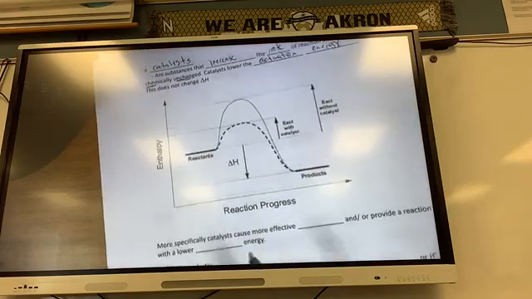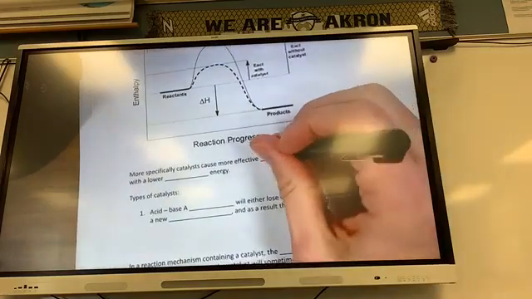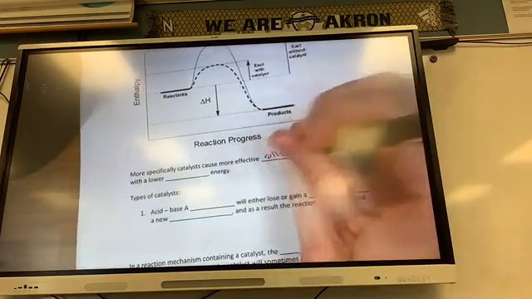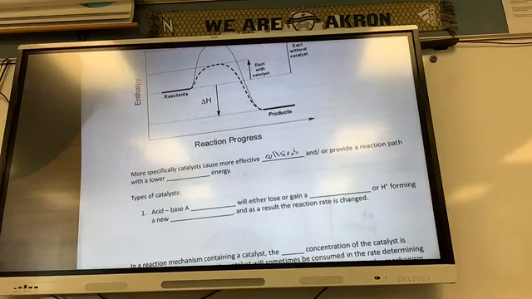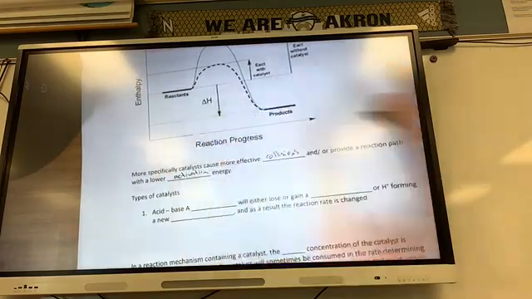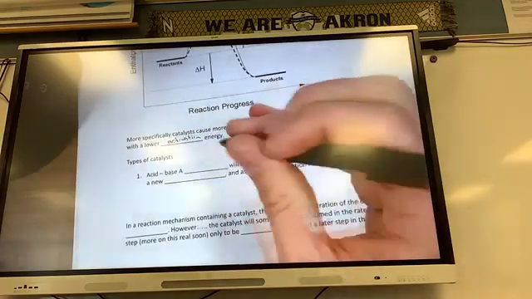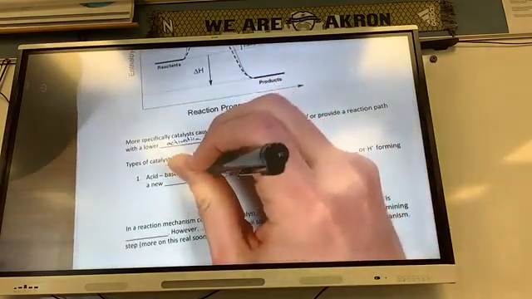More specifically, catalysts cause more effective collisions and/or provide a reaction path with a lower activation energy. So there are several different types of catalysts. Type number 1, acid-base. This is where a reactant